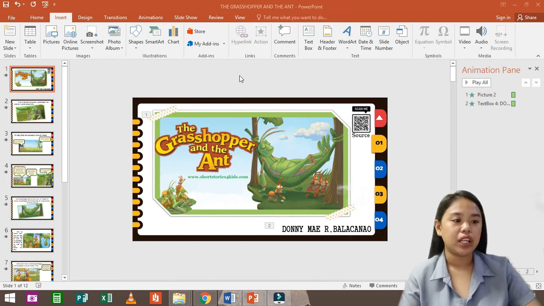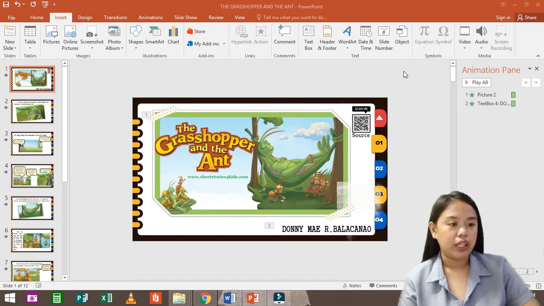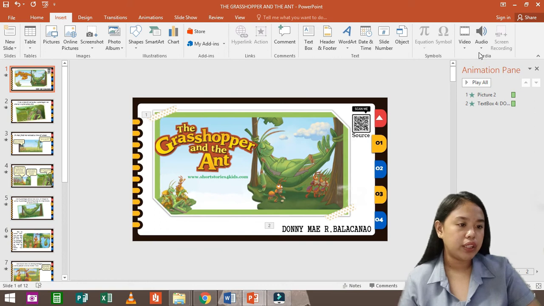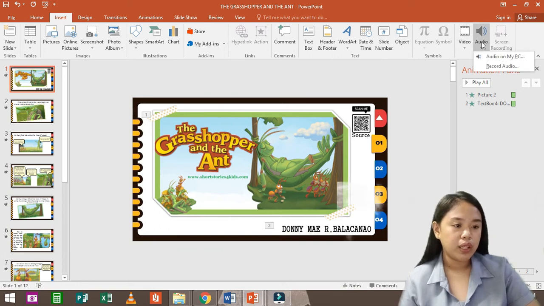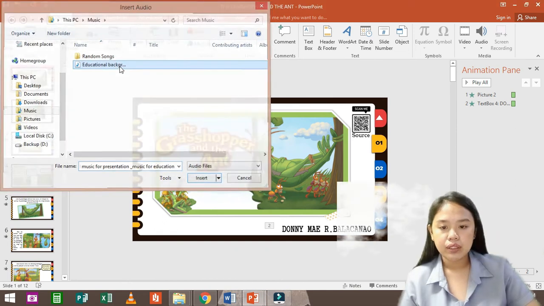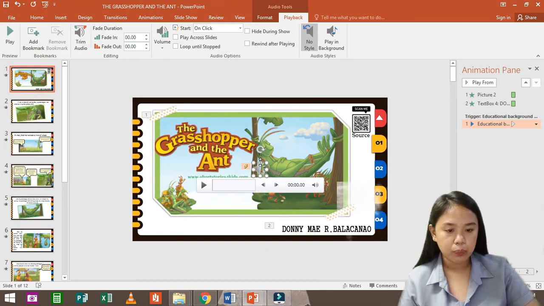Last technique, additional information, it will be adding some audio in our PowerPoint presentation. This is how we add audio in our PowerPoint presentation. Just click the insert ribbon, and there you will see the audio. Just click the audio on my PC, and then you click the audio that you wanted to play in the